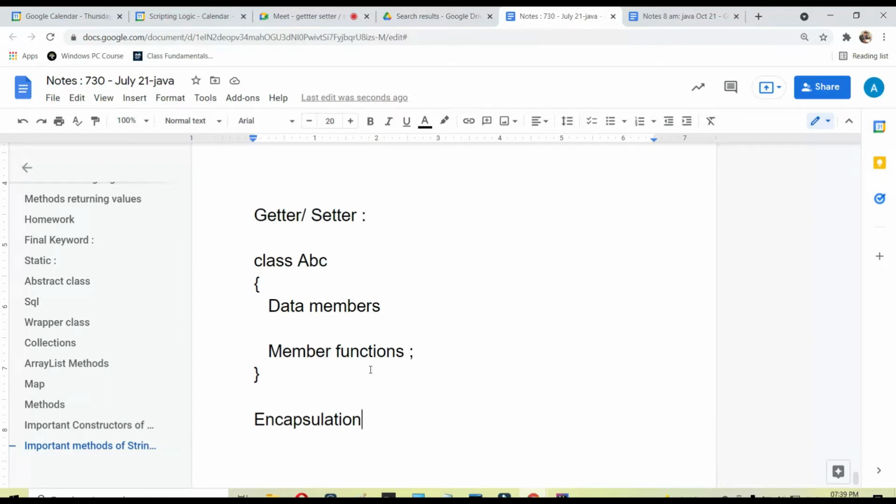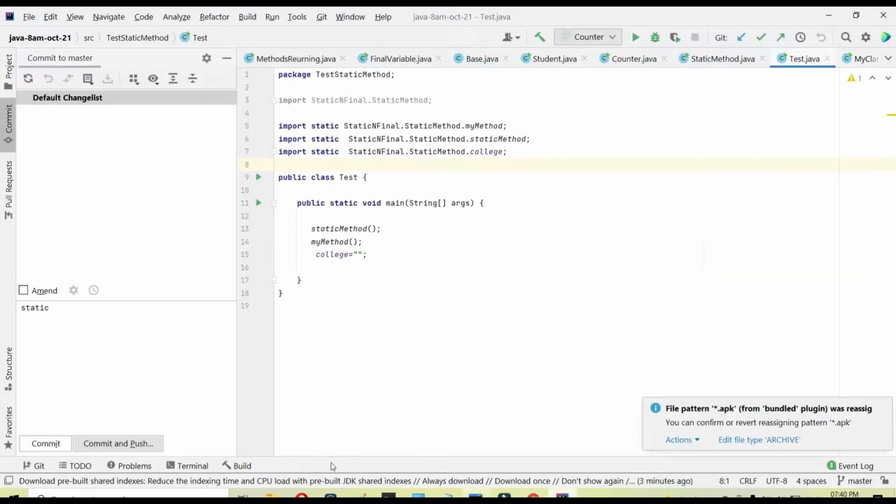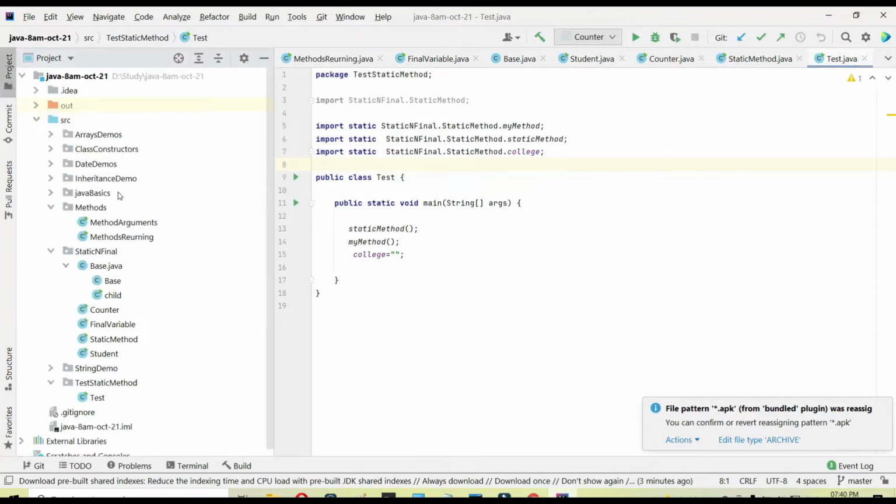Your variables should not be accessed by any other class object like that. And for that specifically, most frequently, your data members are always given an access modifier as private. You will observe this practice most of the time. If possible, I'll just show you some internal implementation.